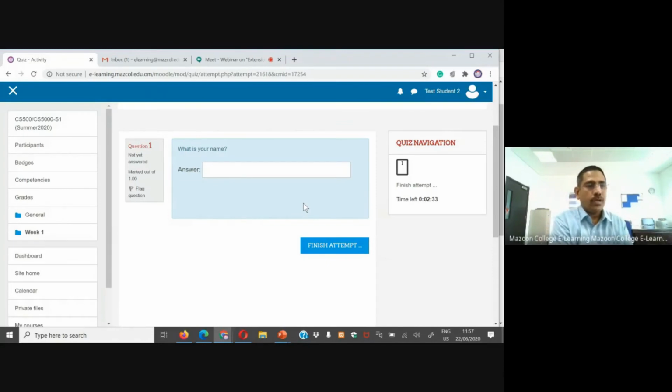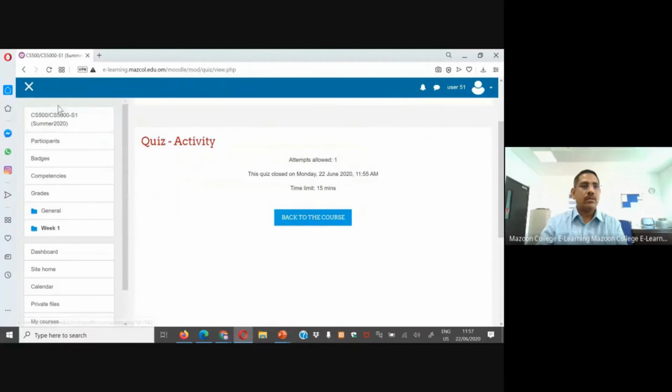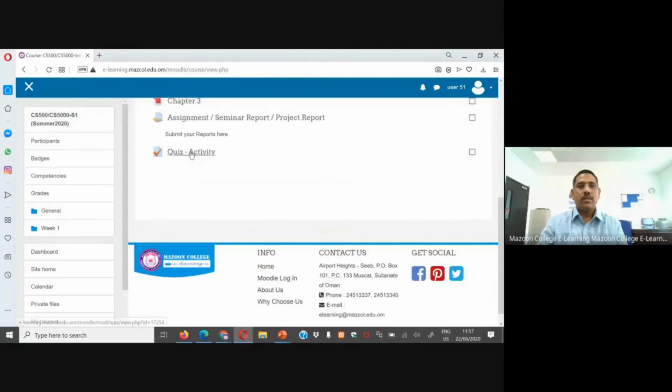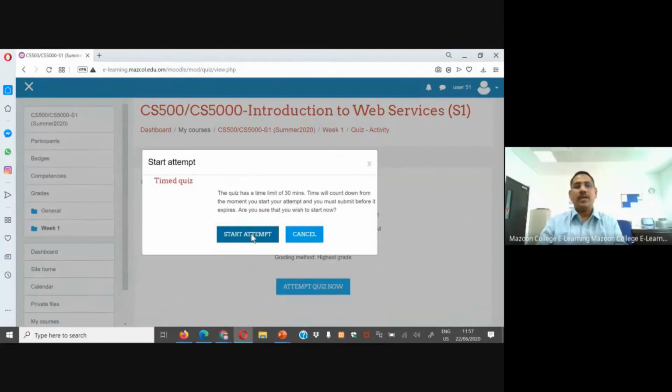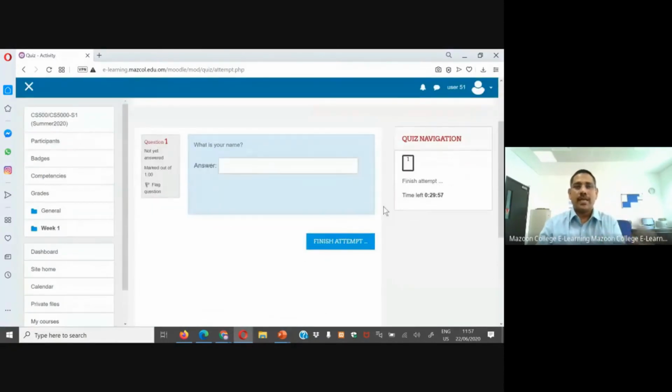The first student had only one attempt, and the exam is finished. The third student's exam is finished, but we are permitting a second time. So go to the third student now. Go back, just go here, see the number of attempts is 2. Now we are allowing the student to take the exam again. The student is continuing the exam a second time, so the third student is continuing the third time.